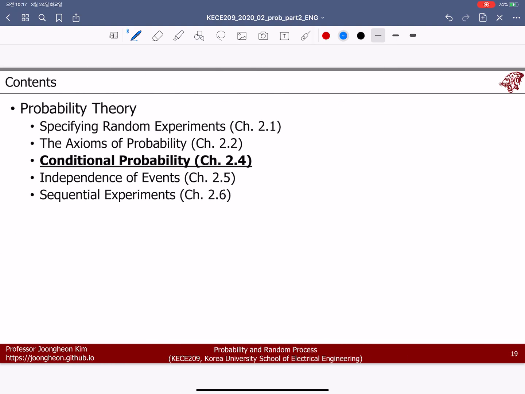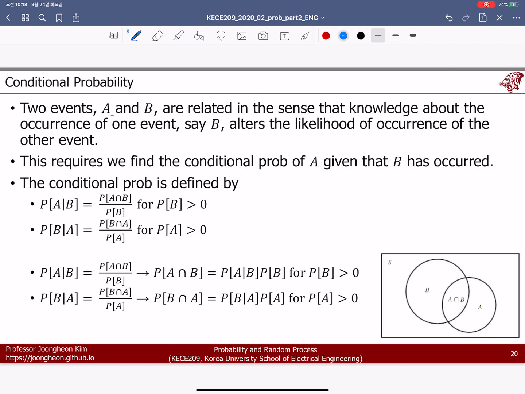So these are the axioms of probability. It's very easy, and we can see some properties of probability and something like that. Now we're going to see conditional probability, which is very important in many applications. For example, AI, decision theory, or communication theory. So suppose that we have 2 events, A and B. Then we have to find the conditional probability of A given that B has occurred. It means that we have to get B at first. And then when B has occurred, we are going to see A.